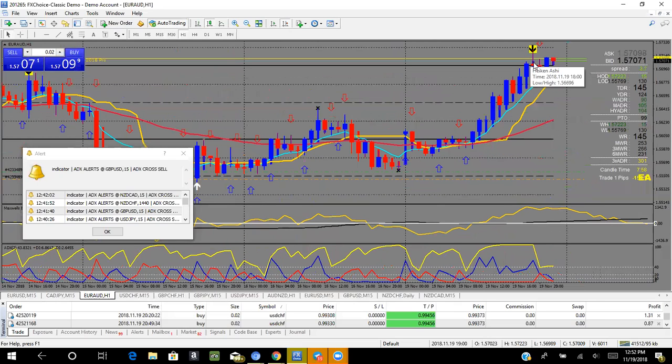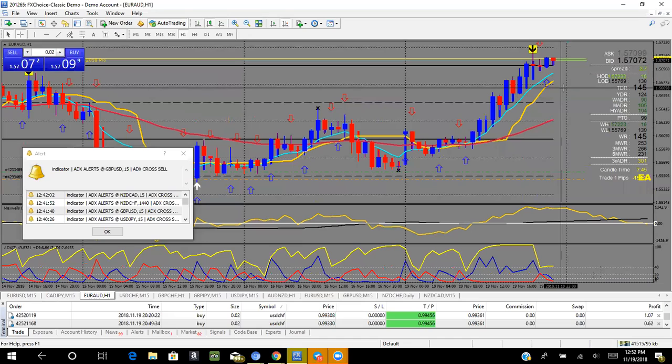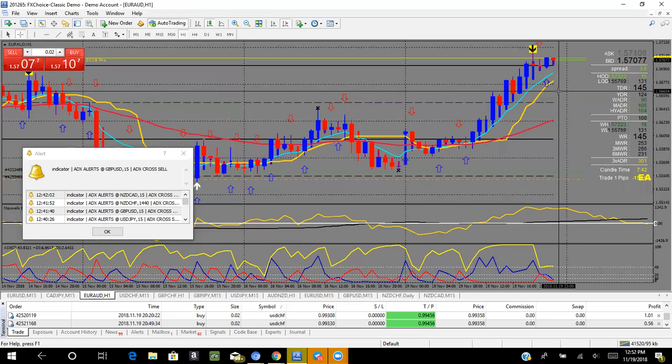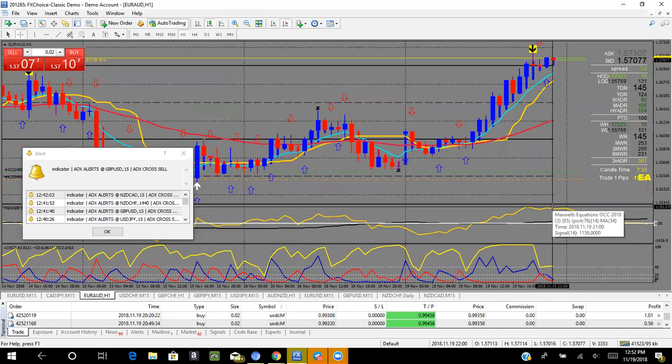EUR odd. Now this is good because we have the reversal. We're going to wait for this to come down. Another thing you can do, if you don't have time to sit here, is come down below the AM line. Like you want it to close there. So maybe right about there, and set a limit order, a pending order for a sell, because it shows us here that it can go down